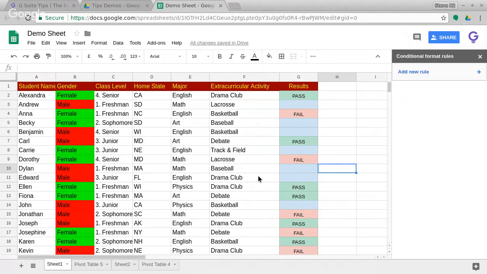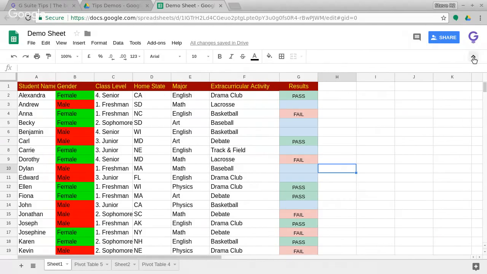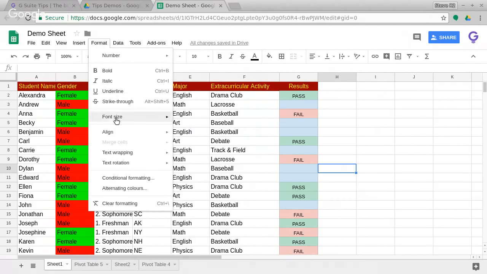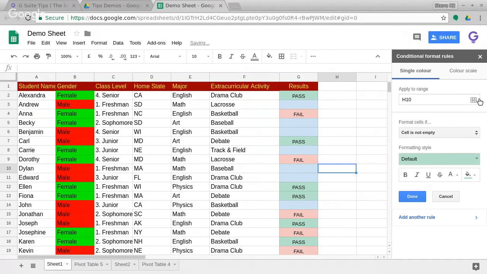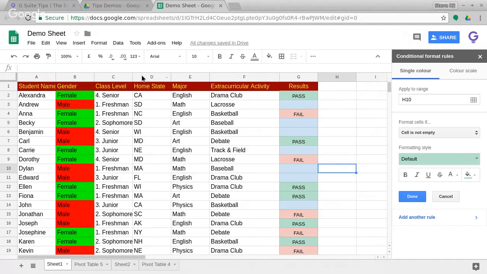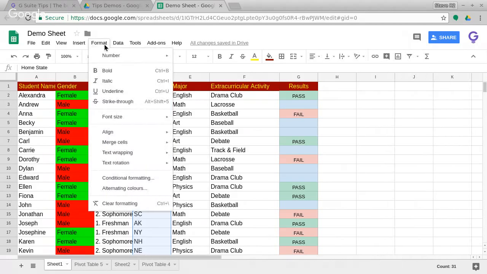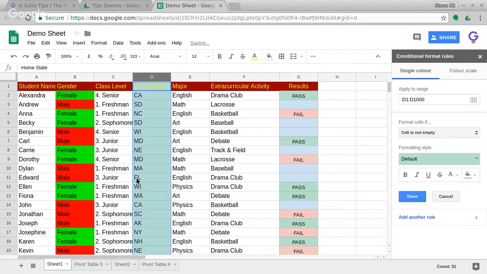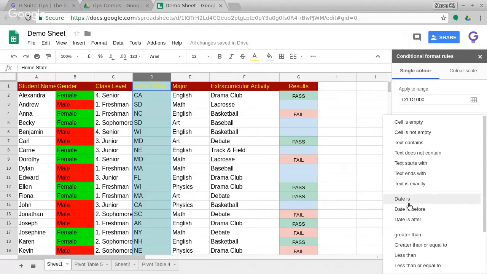And that's it, really. Just to remind you, to get to there, you can just click format, conditional formatting, and then go and select your range. Okay, or you can pre-select the range. Okay, and then go into the conditional formatting at that point, which I think is slightly easier actually. So conditional formatting, and then you can go upon the